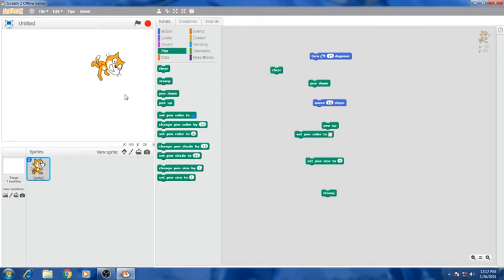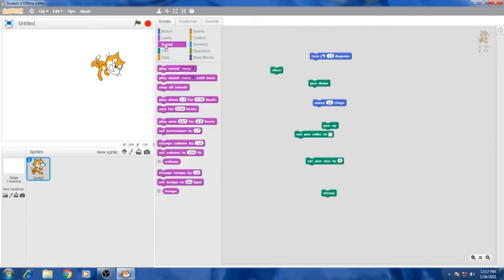And one more block we have to discuss, that is the sound block. Very interesting one, the sound block. Play sound meow. What's the sound of a cat? Meow sound, isn't it? So if you want to give some sounds during animation, you can set it. Here it's the meow sound, and a recorded sound also you can upload here. Then what will happen if I click here? See the sound here. So this type of sound you can generate by using the play sound option in the sound block.